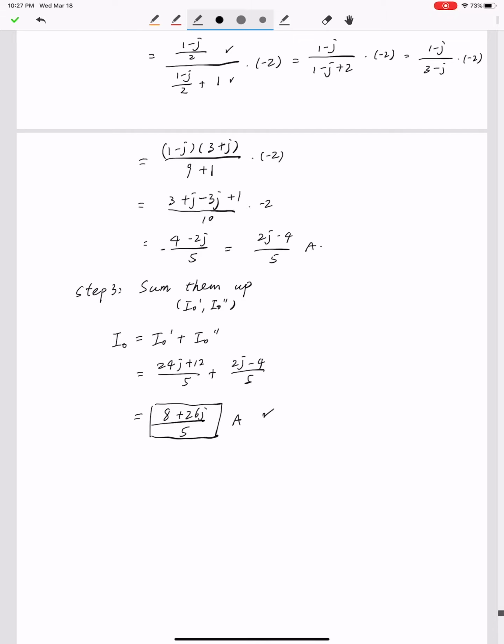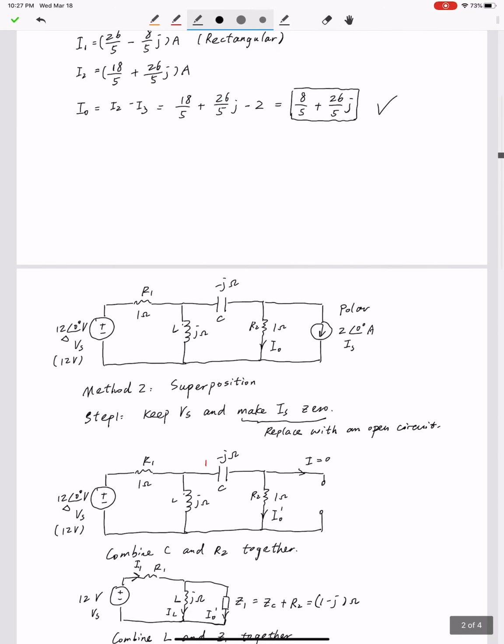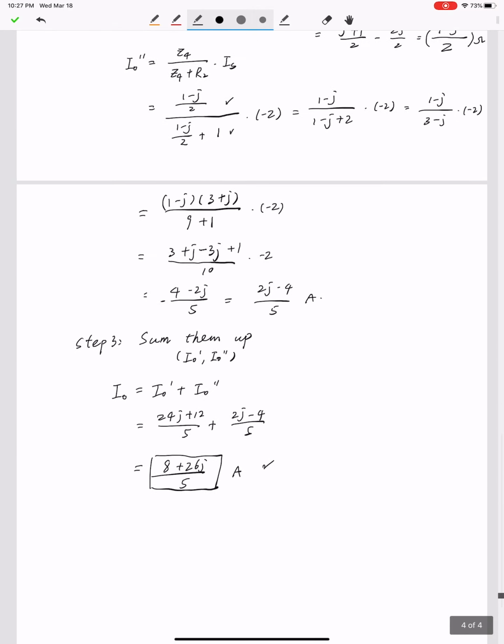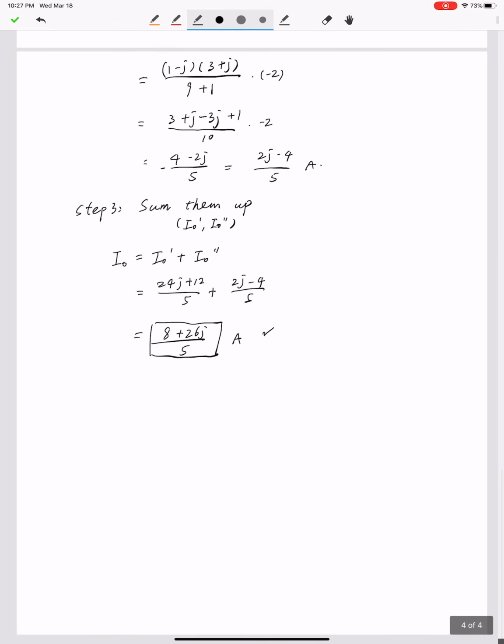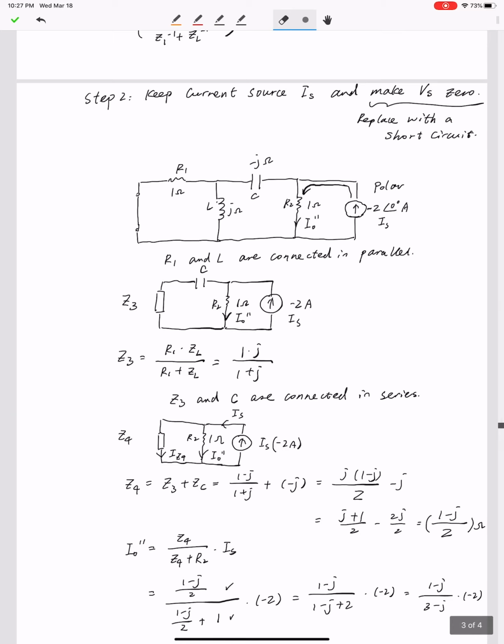The first one is the mesh analysis, and the second one is superposition. In today's class, I'm also going to show you the third method, method number 3. We can also use source transformation to solve this problem. But instead of using this circuit, because we are pretty familiar with it, let me use a new circuit